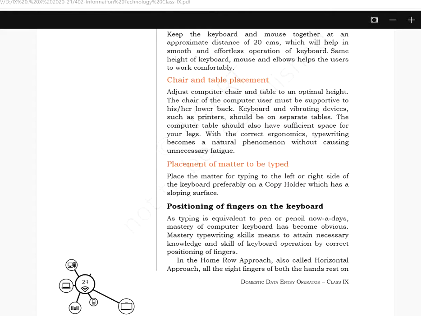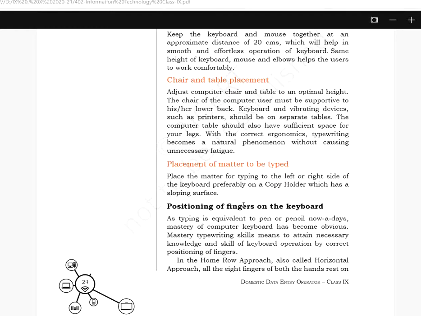And touch typing methods, in the long run, if you learn, you will always focus on the content which you want to type, instead of focusing again and again on the keyboard. That is the advantage of learning typing, as well as definitely it brings speed, it brings accuracy, and it itself is a skill also.